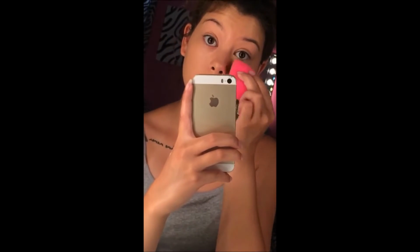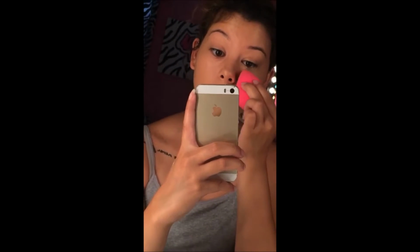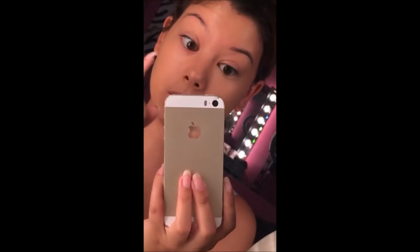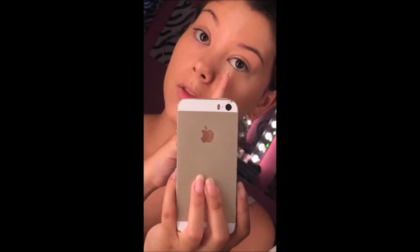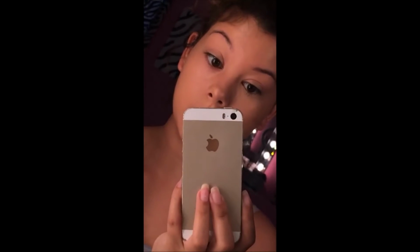Still haven't used any more concealer on my sponge. I'm just blending it in the triangle area under my eyes, so along my nose and then out. So you can see that with that little amount of concealer, this side is more highlighted and less dark than this side. So I'm just doing the same thing on this side